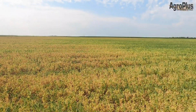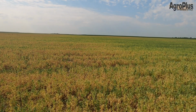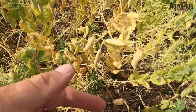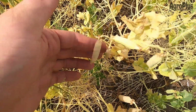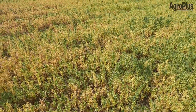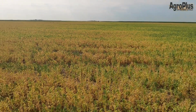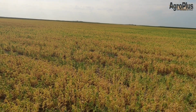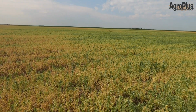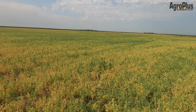like this. Well, here you can really see this pea field is turning color, and pods are really starting to dry down. We're just starting to get a little bit of rattle in some of these pods now. This field is probably around a week away from Reglone Ion timing. There's still a little too much grass green in here. It's going to take a few more days, but it's only Tuesday, so it might even be ready by the